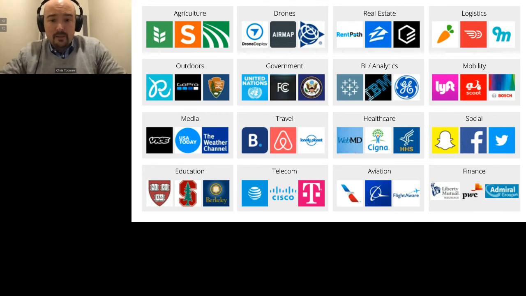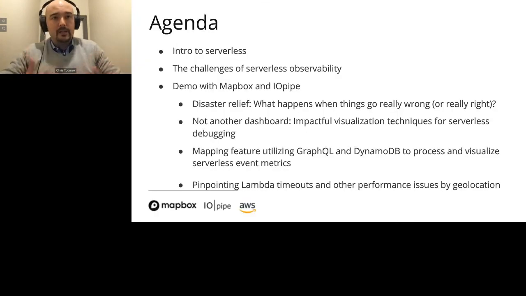So what are we going to talk about today? Well, the idea here was as we were building a previous demo, our asset tracking solution, which is actually going live today, we got connected with the fine folks at IOPipe, and we said, hey, there's a lot of serverless in your tech, and we have a platform to help people extract that and monitor that and observe it and be more safe, secure, and scalable. We should partner up because we know there's location embedded in all of that. We don't know really how to make use of it. So that's where this conversation started.